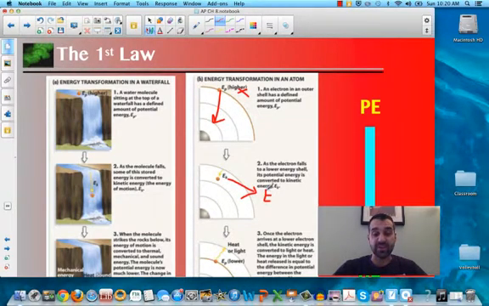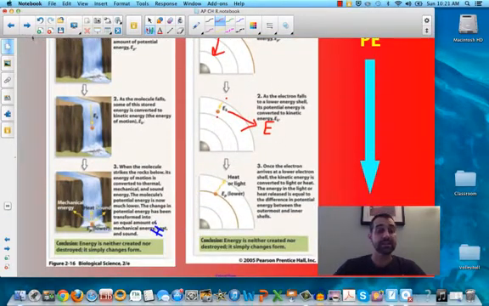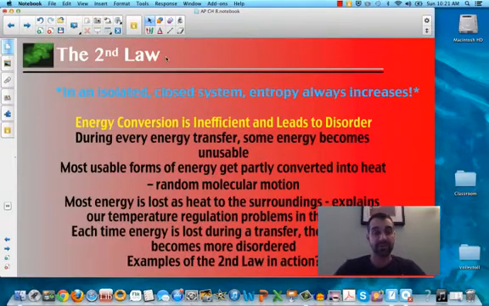And that energy is released to the environment, that's the second law, and the potential energy that it had here becomes the kinetic energy or the energy of motion. So you can see the conversion of potential into kinetic, and in that conversion it is not 100% efficient, and we lose some of that energy back out to the surroundings. So PE to KE, this is our first law of thermodynamics.